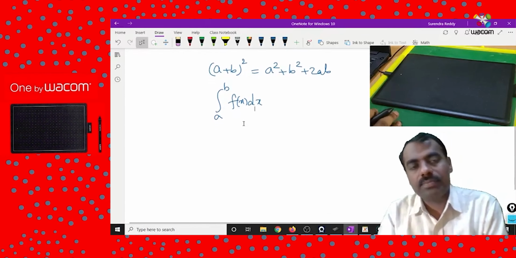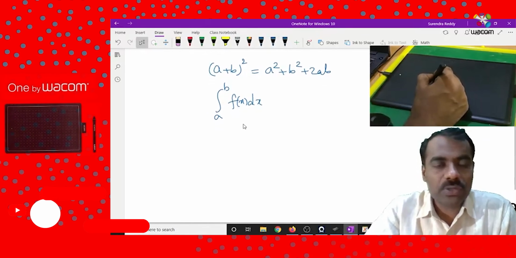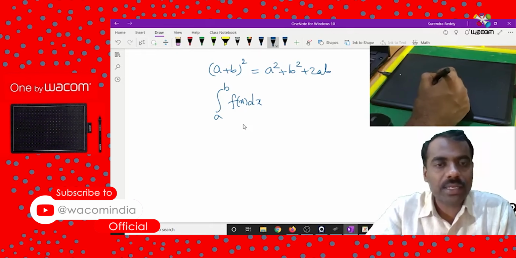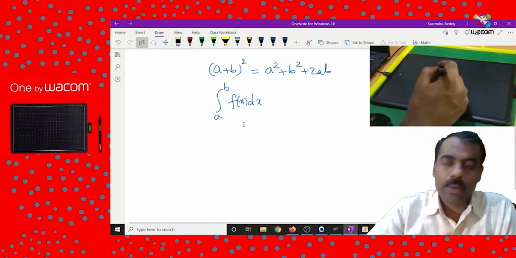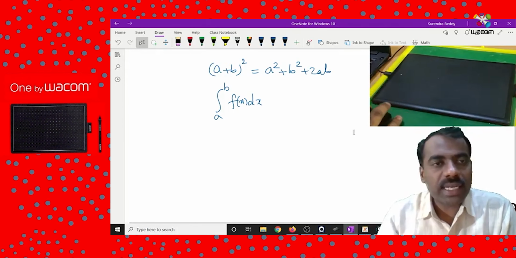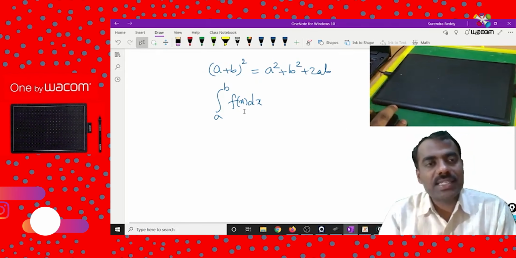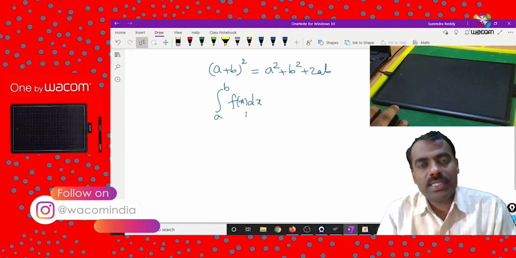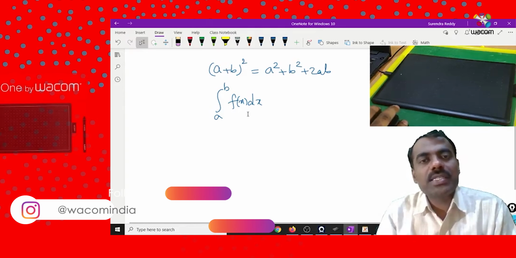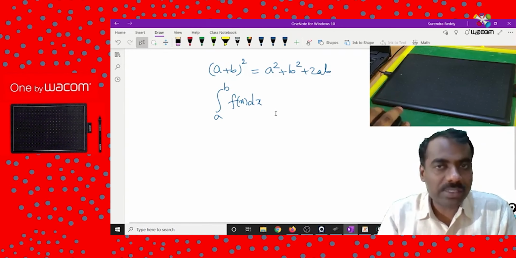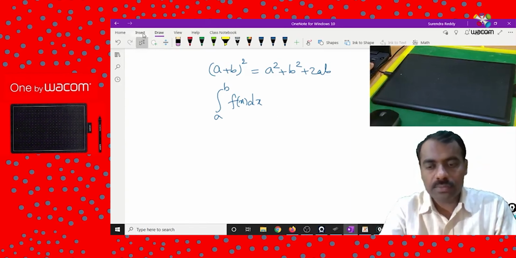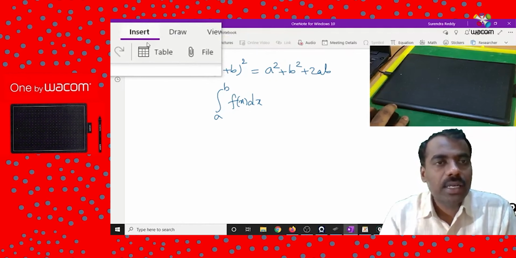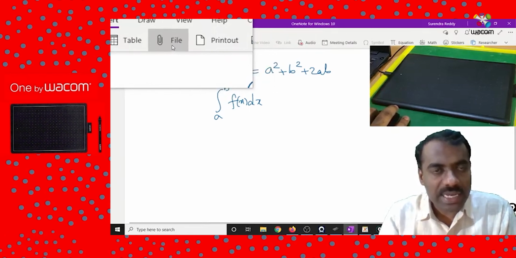It is just as if you have a whiteboard and marker and you start writing in that same sense. That much smooth a feel it will have. Now the second thing is, if you have a presentation, as I said, you can make your presentation more interesting with the help of this pen tablet and this OneNote. So you can go to the insert button, then you can insert a file, any type of file you can insert.